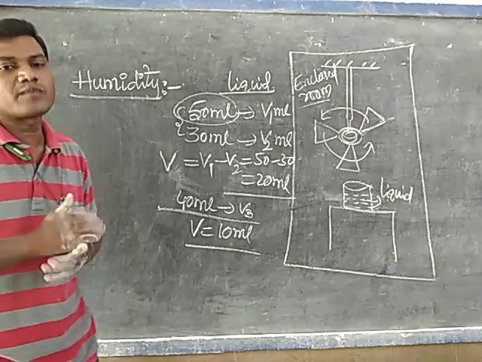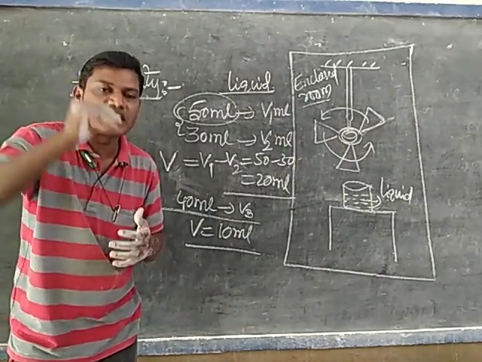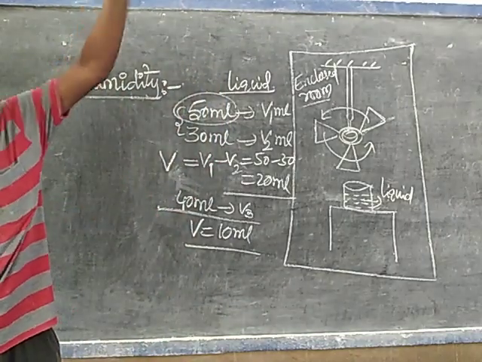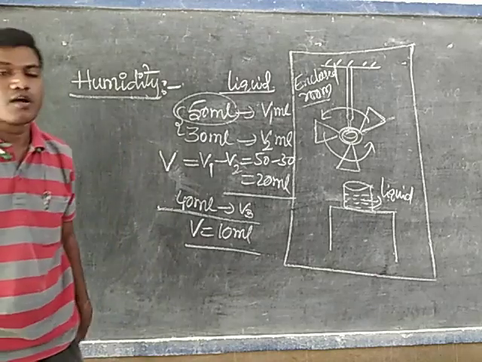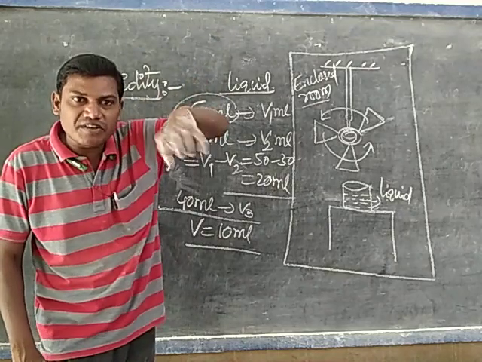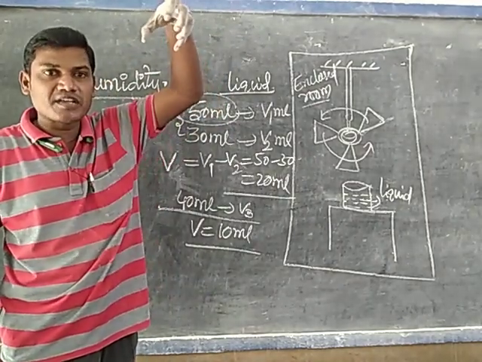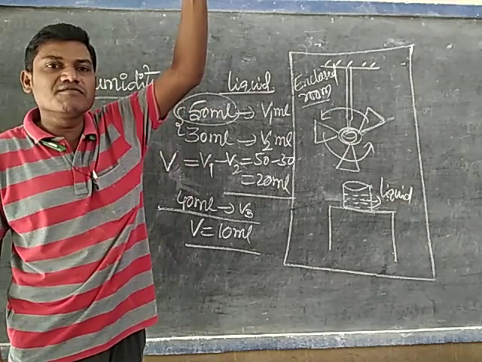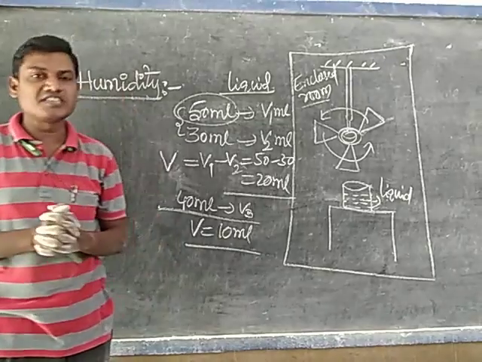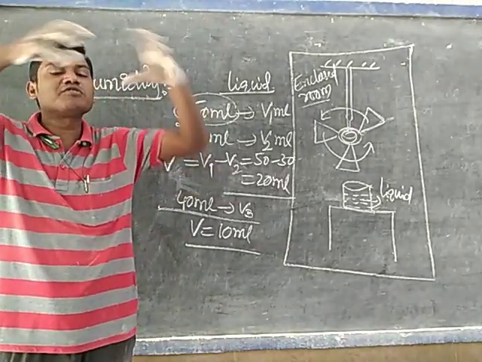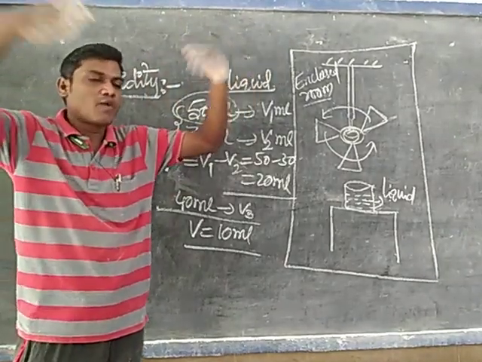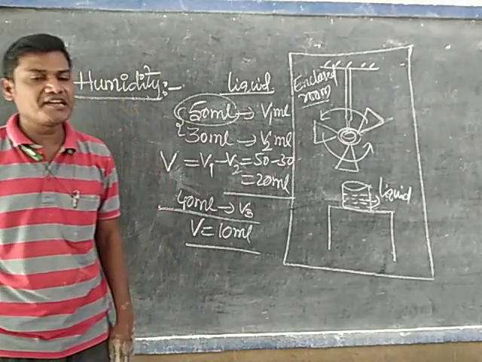In the second time we observe that a lesser amount of liquid is evaporated compared to the first. In the first, more liquid is evaporated; in the second case, less liquid is evaporated. What is the reason? The liquid that evaporated in the first process mixes with the air particles. That's why humidity increases, meaning the number of water vapor molecules inside the room increases. By increasing the humidity, what will happen? The rate of evaporation will decrease.